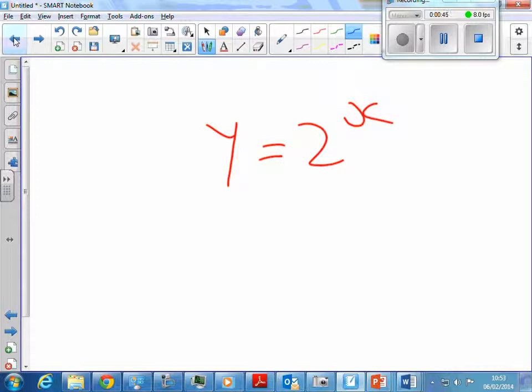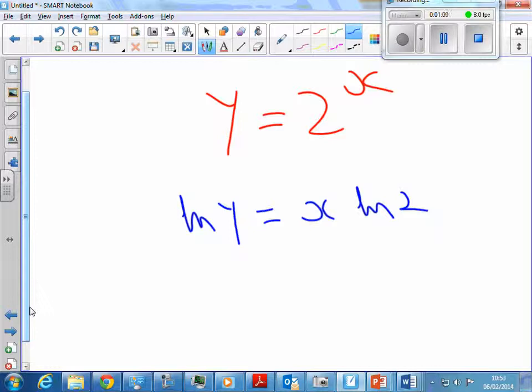You take the natural log of both sides in order to bring the x down. So it's natural log of y is equal to x times the natural log of 2. Okay. And if I divide through by the natural log of 2, I'm left with